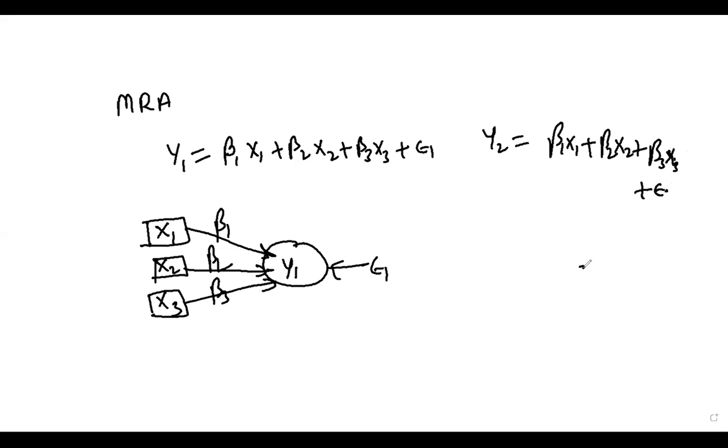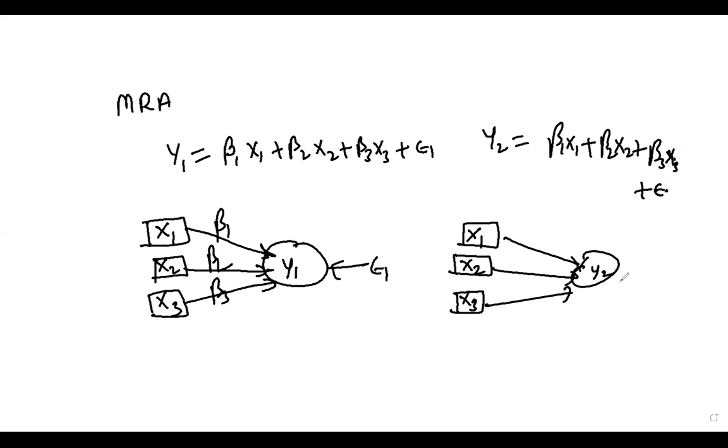The same equation I can write here, y2 and x1, x2, x3. Okay, now you can see the relationship of x1, x2, x3 with y. So I can write this equation in a path diagram. Now the